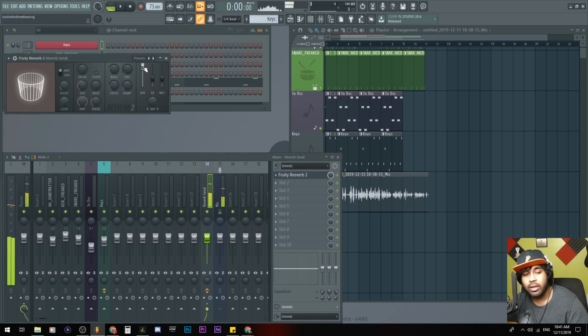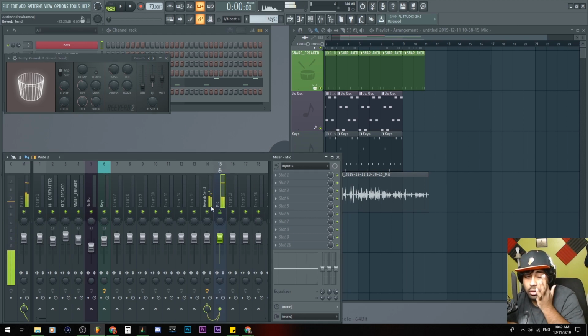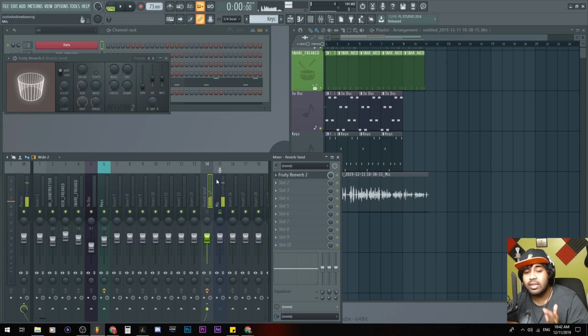If I put the dry back, you'll hear me, but then that's adding to that. We don't want that, but yeah. So that's what routing, let me turn that off. That's what routing does for the sounds. So yeah, that's practically it for the mixer, except for the microphone part.